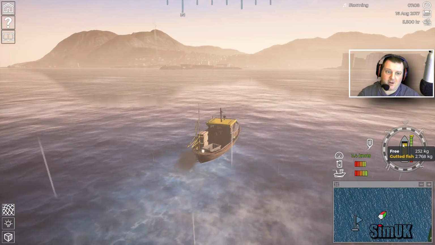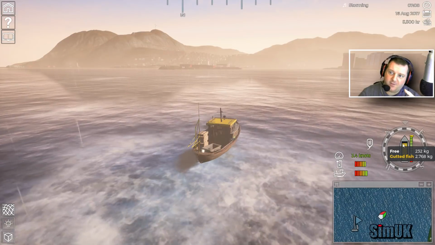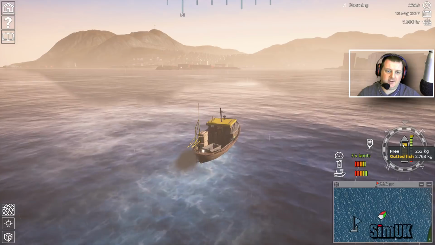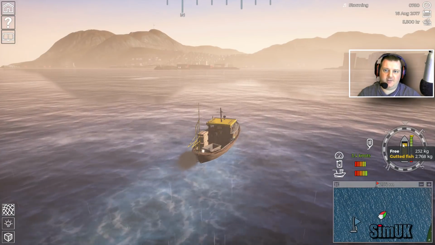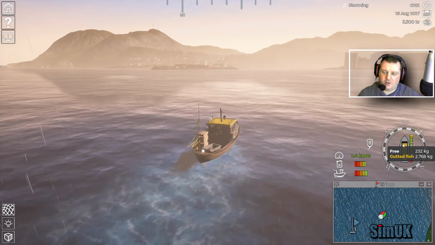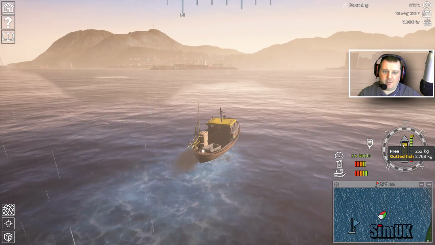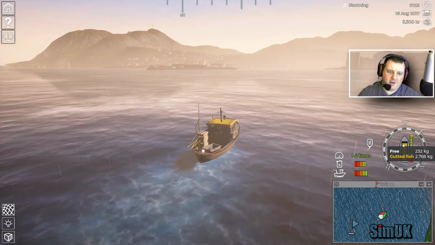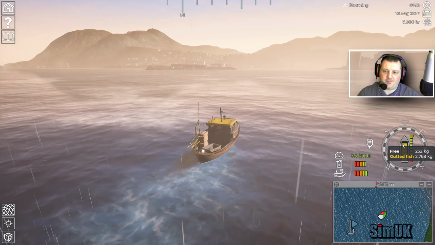So the big problem we now have is I've got a 500 line over there. There's no way we're going to get that on the boat. So we're going to have to upgrade our hull immediately. So we're going to take this in. We're going to sell it. We're going to see if we can upgrade immediately. Hopefully,